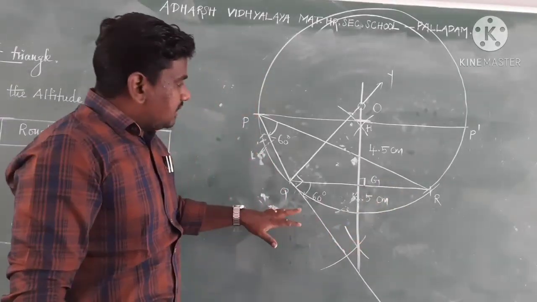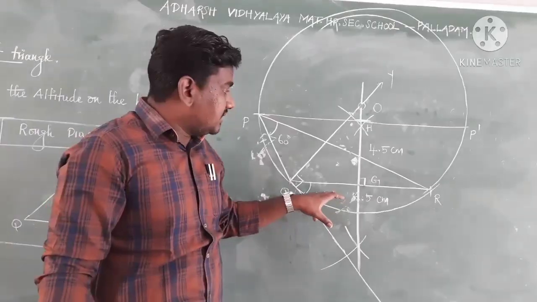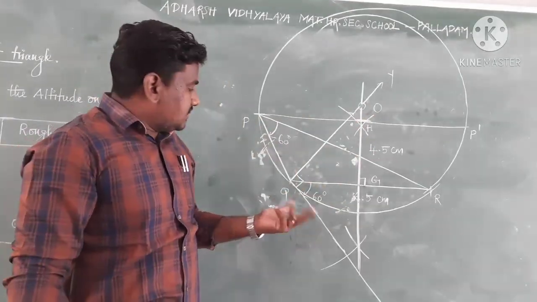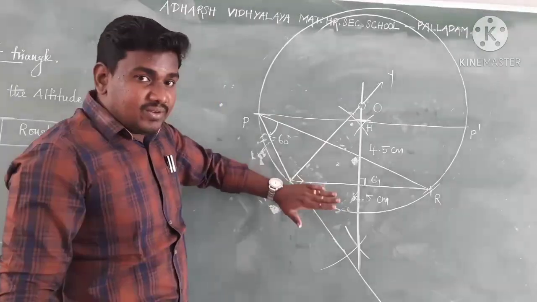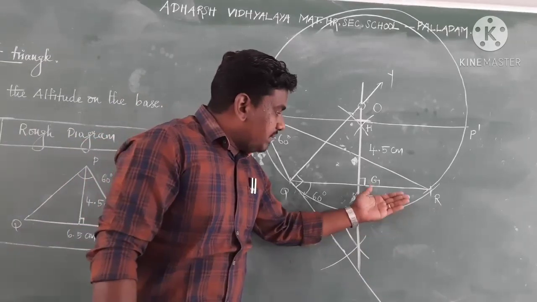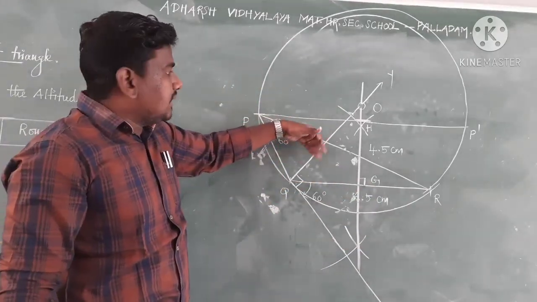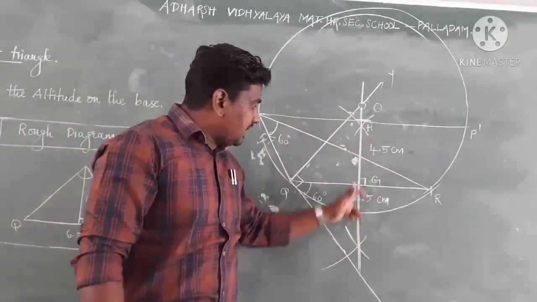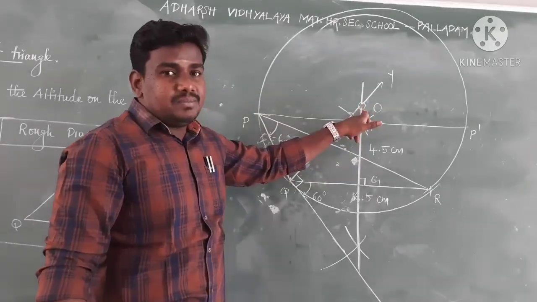Then we cannot measure the 60 degree. It means it is a vertical angle, that is P. It is not given. So how to measure 60 degree? I told you, using the protractor in inverse position, measure it below this line segment. After that, draw 90 degree. Okay. Then the perpendicular bisector.